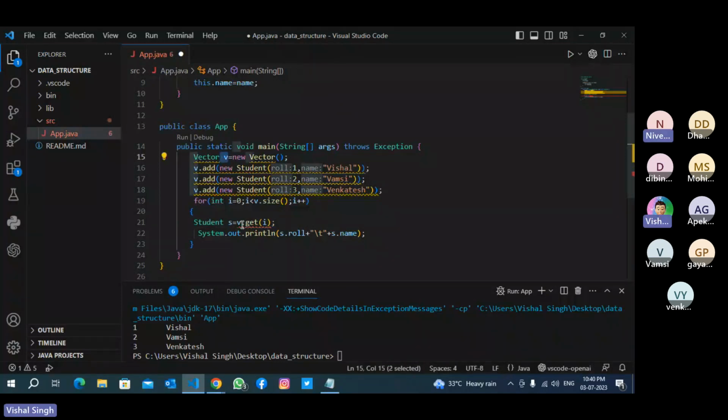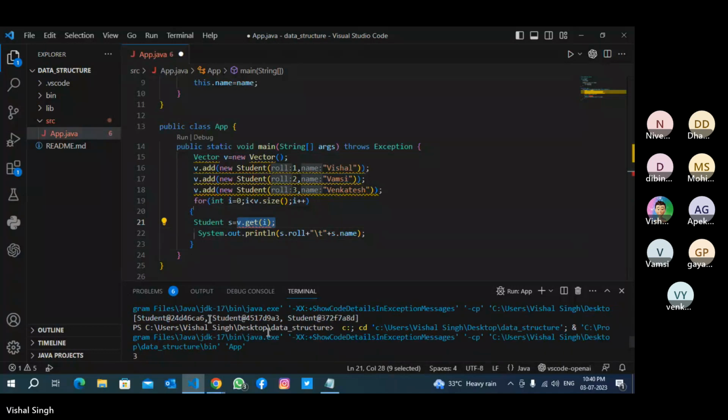As v is the vector, we are getting that object, and you are getting the 0th index element. The 0th index element means this object. But Java does not know what kind of object is stored at this particular memory address.